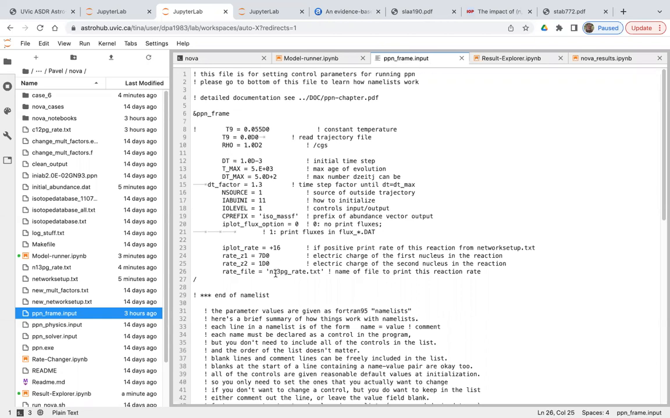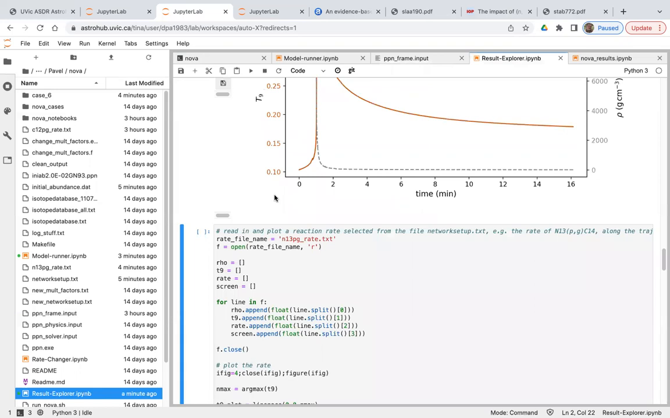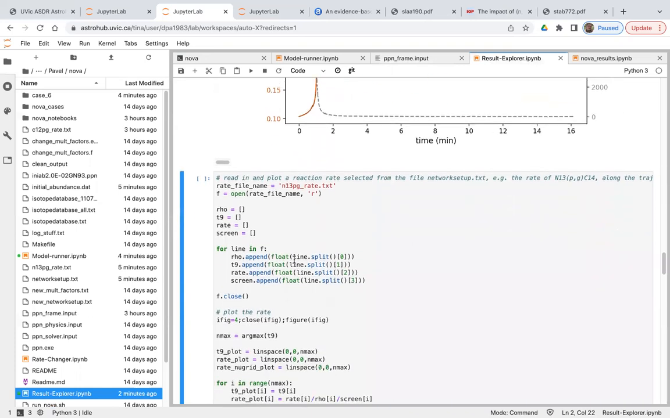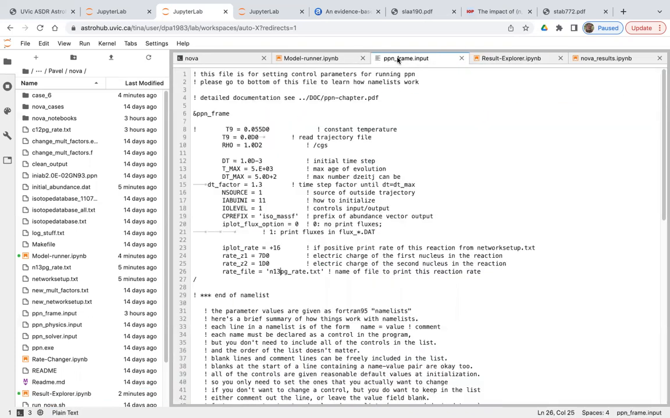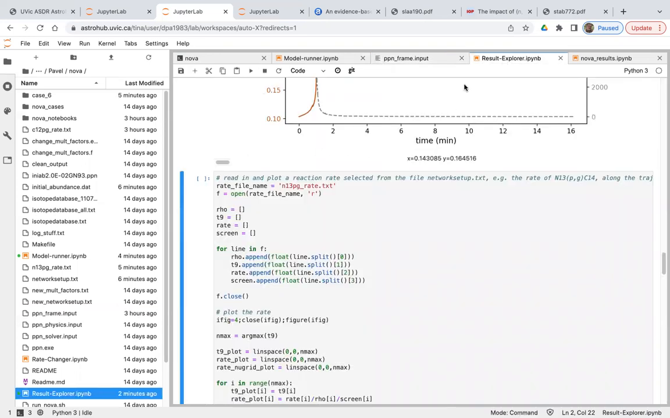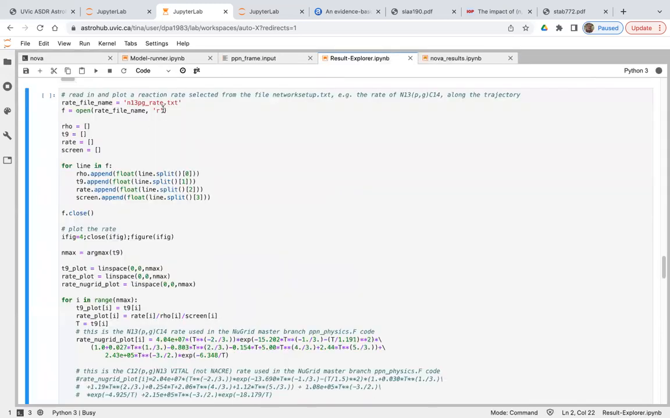This is nitrogen-13. Nitrogen has charge 7. The proton has charge 1. This has to be done because there is an electron screening factor which has to be deleted, which depends on the charges. After that I have to rerun my simulations. By the way, also note the name of the files where the rate will be stored, the 13 (p,gamma) rate. So now in the result explorer notebook, I can make the plot of this reaction rate